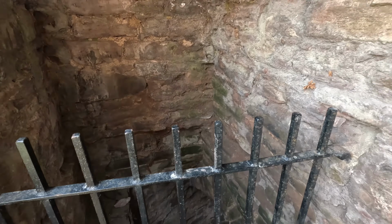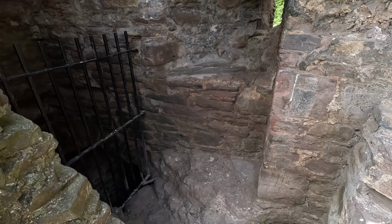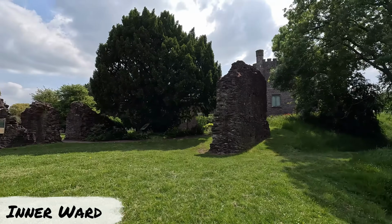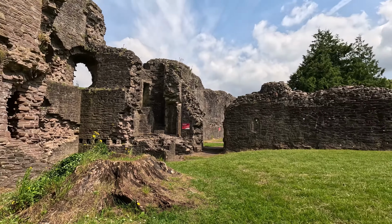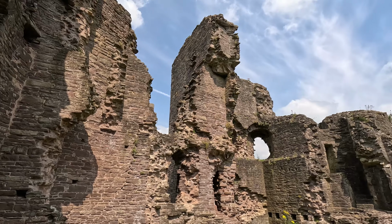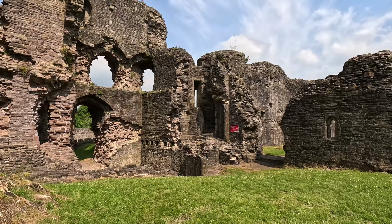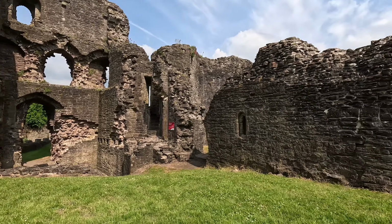The castle was then rebuilt in 1190 from local red sandstone to make it more defensible, where five towers were built along the curtain wall in addition to a new keep. The largest part of Abergavenny Castle still standing is on the southwest side. This area used to consist of two towers, one polygonal and the other circular. This part of the castle was built at the same time as the town walls and possibly paid for using murage grants. And it is likely that a stone keep was built on top of the motte during this period